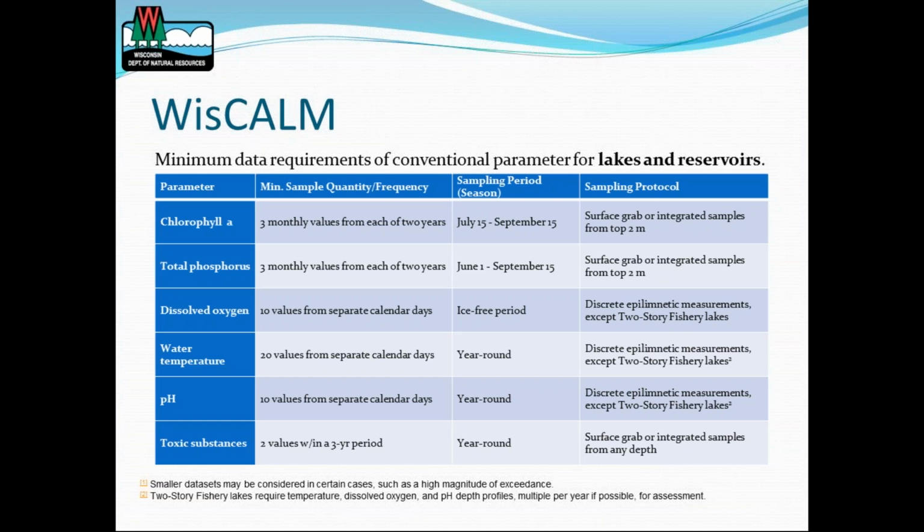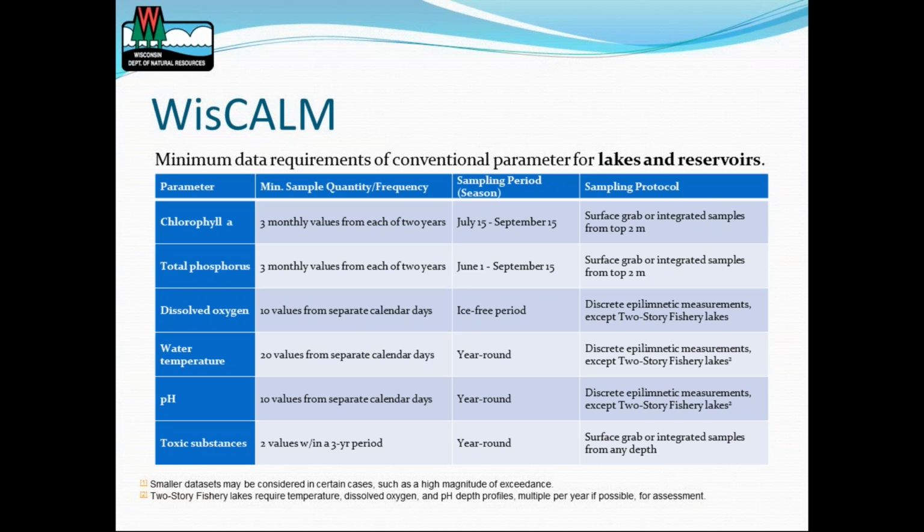But for an assessment for chlorophyll A, for example, you need 3 monthly values from each of 2 years. So for an assessment, you need 2 years with 3 samples in each year, so 6 total. And the sampling period is only July 15th through September 15th. So that's the growing season for chlorophyll A. And there's even specific sampling protocol where you would only grab samples from the top 2 meters or top 6 feet of the lake. So that's very specific and very different from toxic substances. So WisCALM is our way of keeping track of how we